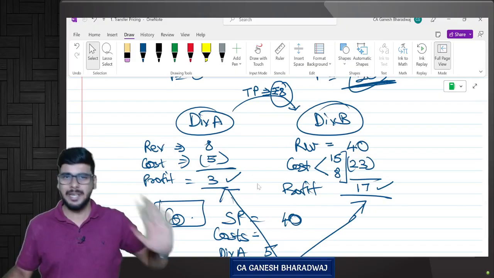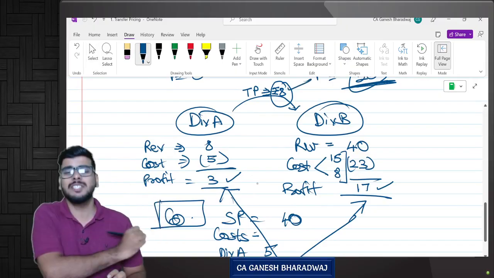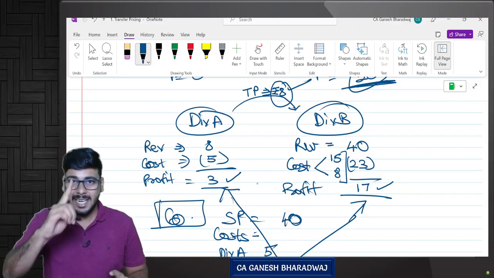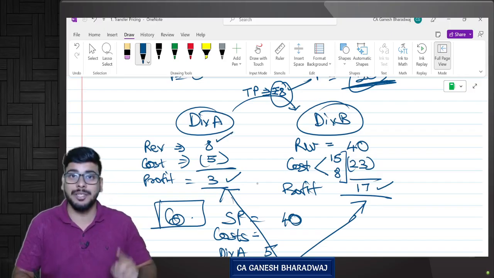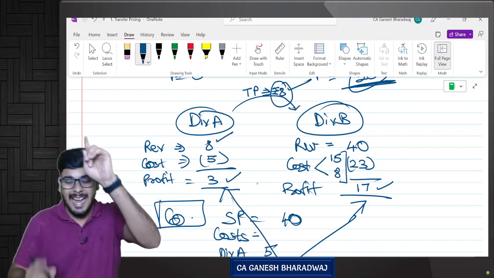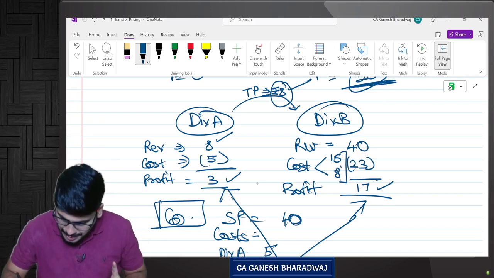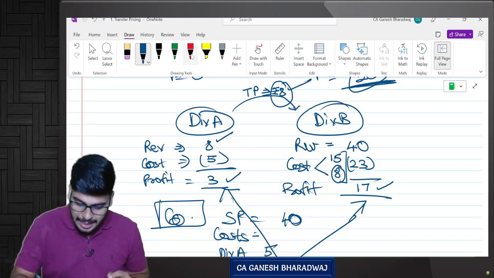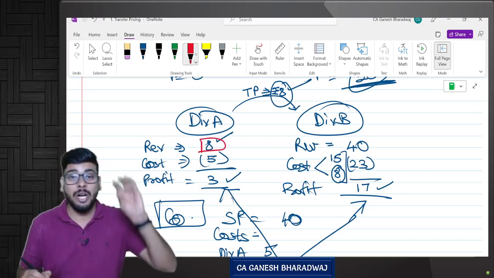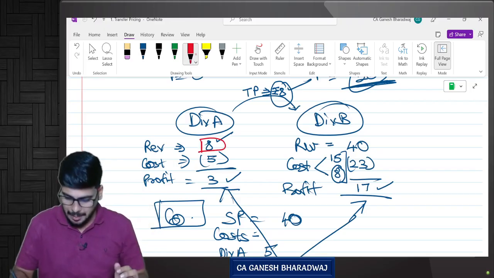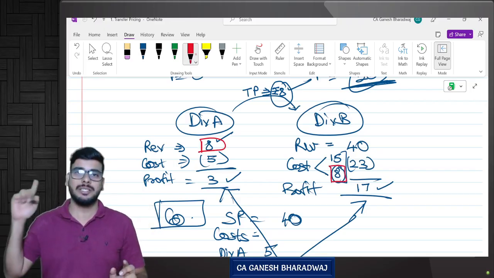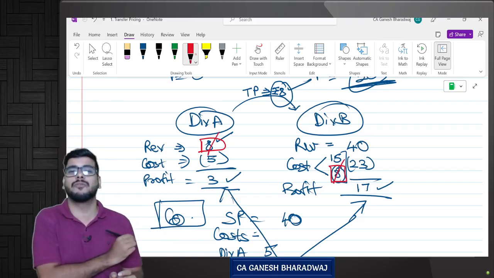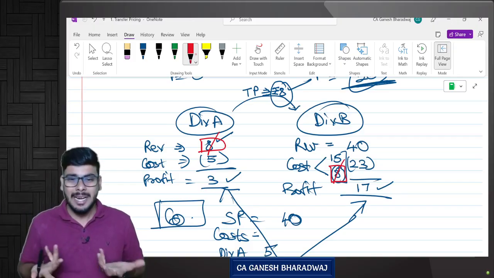Very simple. Now, in this case, transfer price was fixed at how much rupees? 8 rupees, correct? Always remember, this transfer price is a revenue for the supplying department, correct? And exactly the same transfer price is the cost for the receiving department. Are you clear with this? I'm repeating, transfer price is the revenue for the supplying department. It is exactly also the cost for the receiving department. So overall, from the company's viewpoint, it gets knocked off.